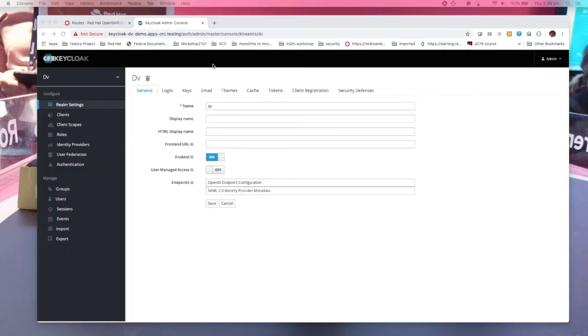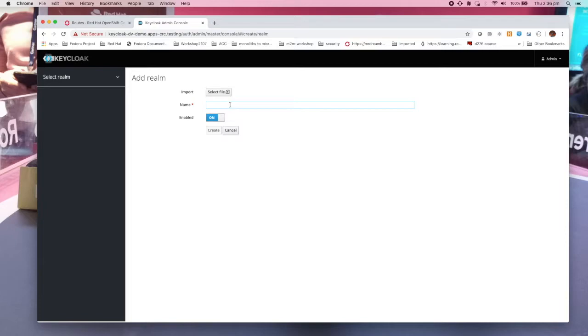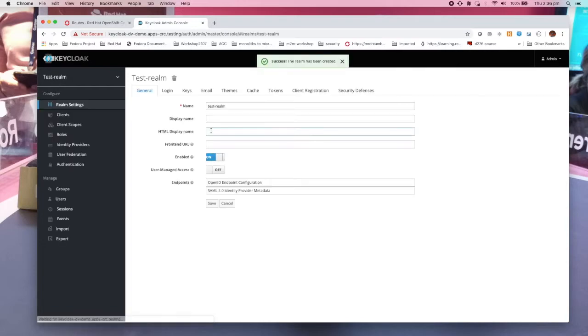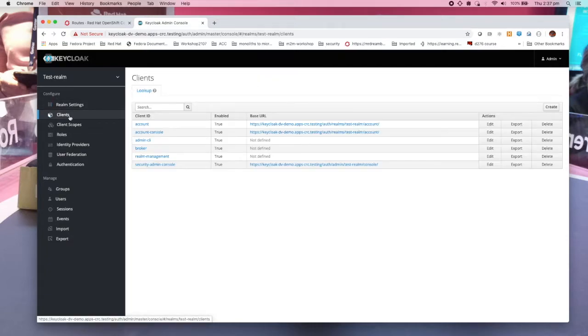As I mentioned earlier, the first thing you want to do is create a new realm for your Spring Boot application. So click on this here, add realm, give it a name. Click on create. Next thing you want to do is to create a client. That is an application you want Keycloak to provide security access for. So click on create